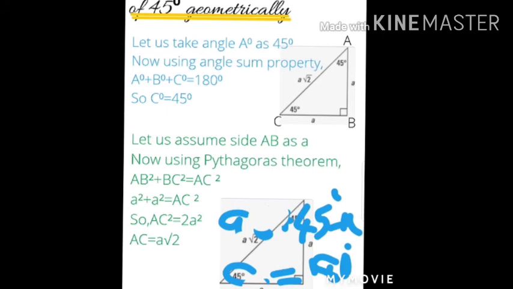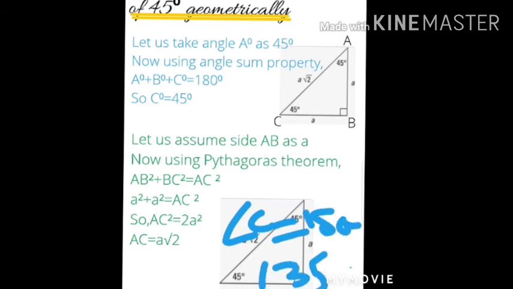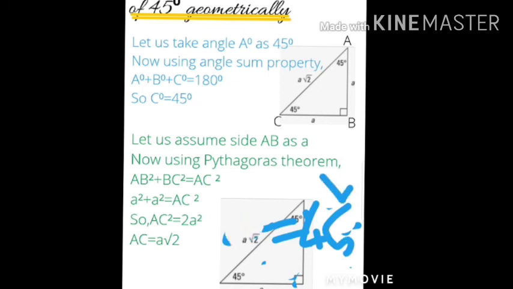So friends, we know that 90 plus 45 degree will be equal to 135 degree. So if we take that 135 degree to RHS, we will be getting angle C is equal to 180 minus 135. So what is the value of 180 minus 135? Which is equal to 45 degree. So now we got a right angle isosceles triangle.